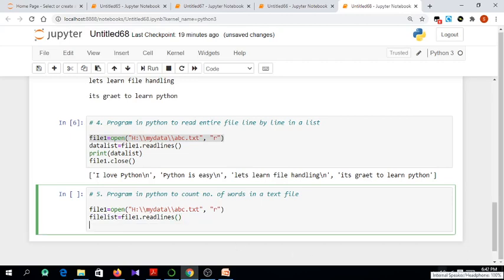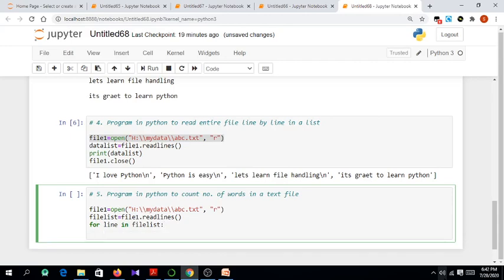Next, for line in file list. So for every line in the file list, what I'm going to do is words equals, let me split every line.